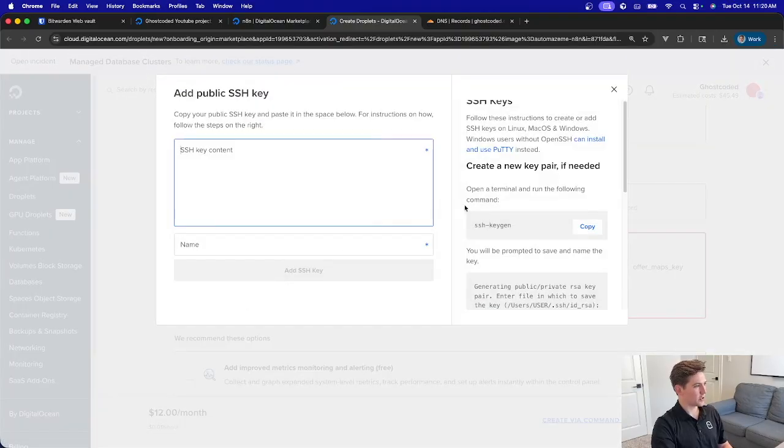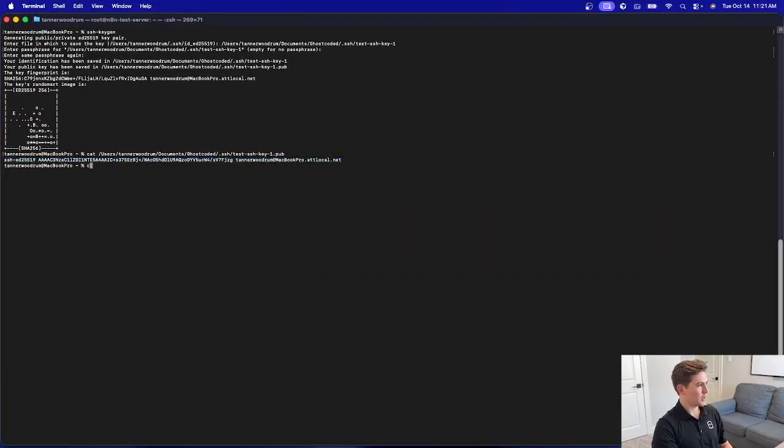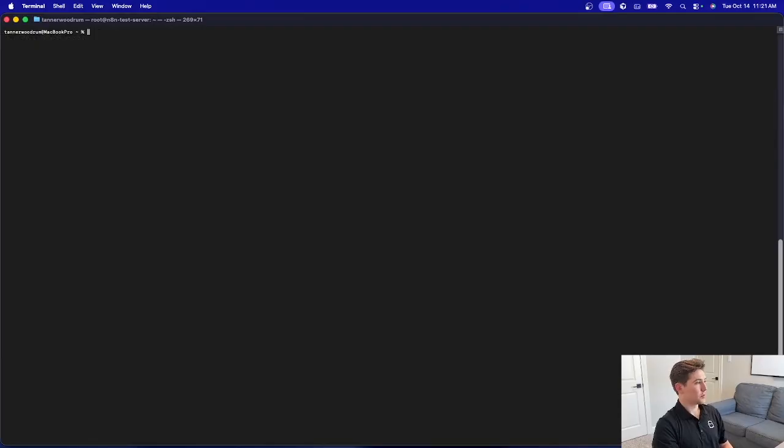Click New SSH Key. You're going to copy this command. Go to your terminal window. If you're on Windows, you're probably going to need to do a little bit of a different process. But for Linux and Mac, you can just run this command, ssh-keygen, hit Enter. Then you're going to need to select a file that you can save it to. So we're going to do Users, Tanner Woodrum,